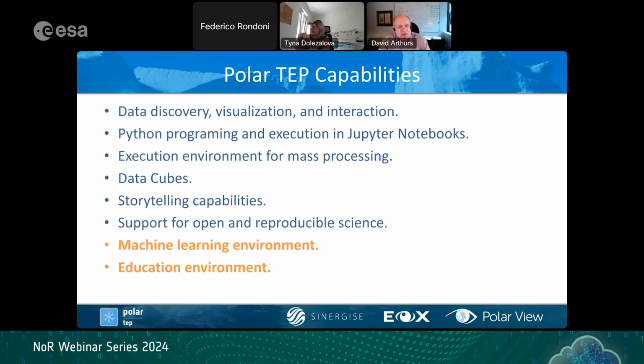We have a large number of capabilities. As I said, some of these have already been discussed in previous webinars. We have tools for data discovery, visualization, and interaction. We support programming. Most of our users are Python programmers, but we can support other languages as well. And most of our users do their programming in a Jupyter Notebook environment, but we can support other methodologies as